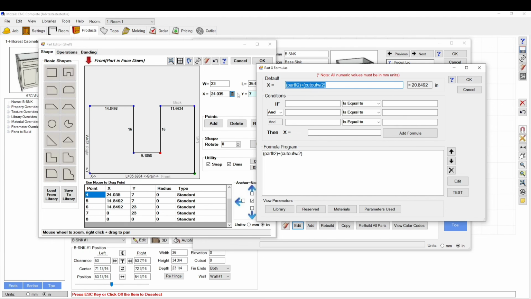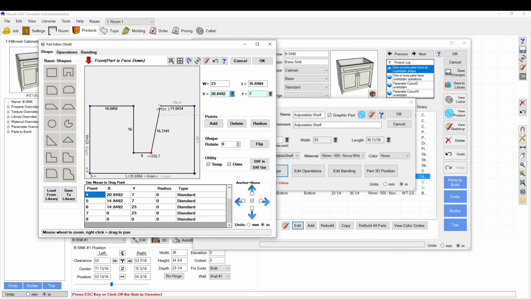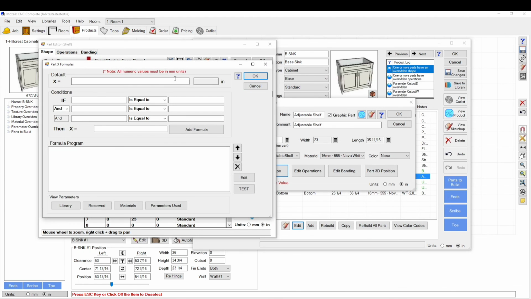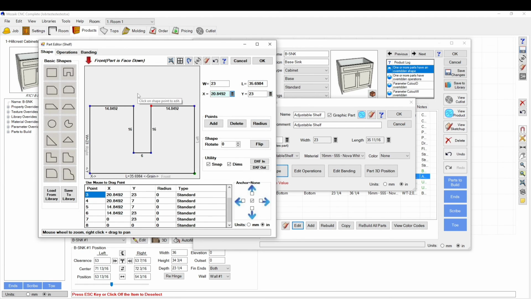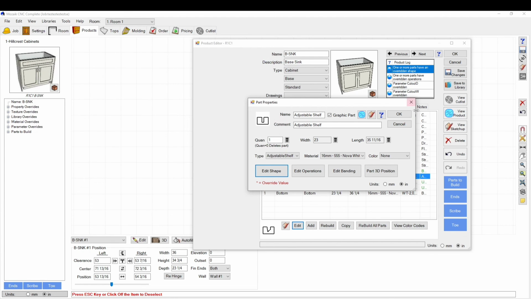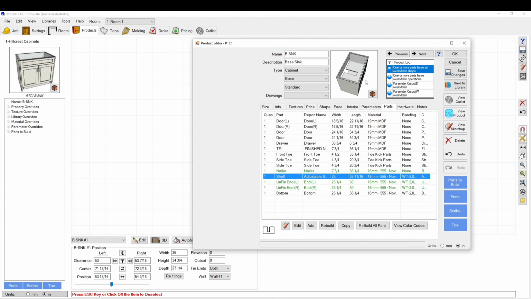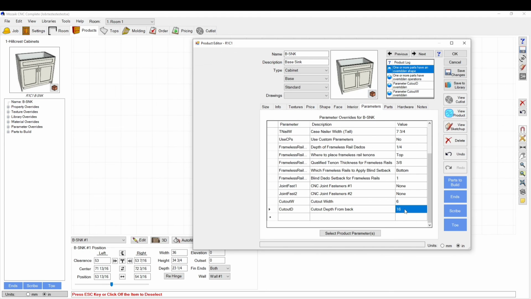Okay, and if that works correctly, I'm going to want to copy that, so I just highlight and Control C, and then I'm going to take that same formula, I'm going to paste it in here, and there we go. So 6 inches is what I asked for here, and I asked for 16 here, so that's working correctly. Let's click OK, click OK, and you can see here I have my cutout. So the real awesome feature to this is now if I go here and I change my cutout depth to 10 inches,